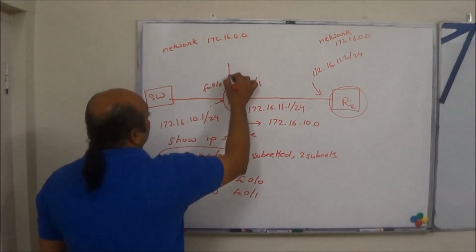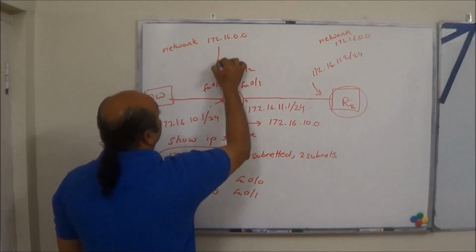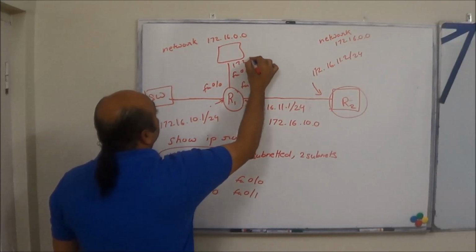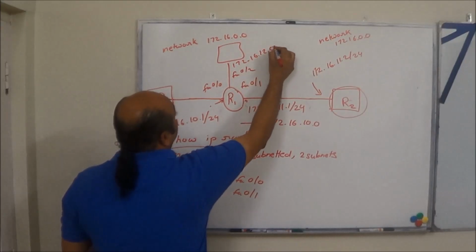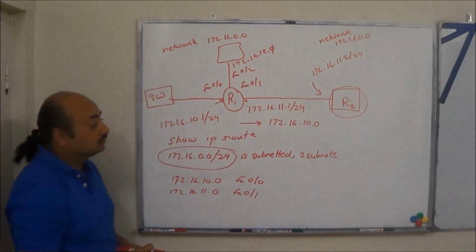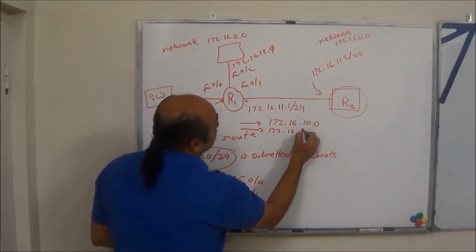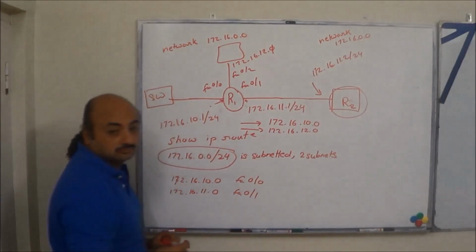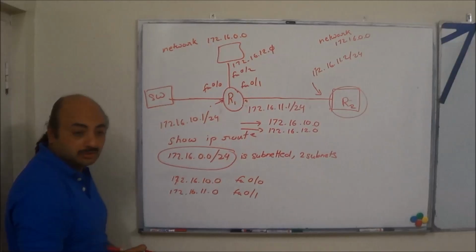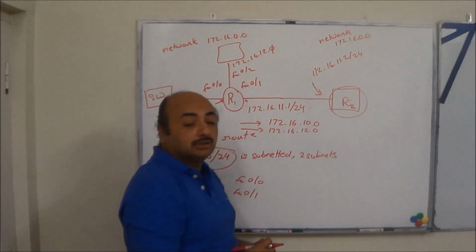Let's say we had one more interface here, FA 0/2, with a switch, and this was 172.16.12.0, 12.1 and 2, whatever. So what would we send here? 172.16.12.0 will also be sent here. Now R2 does not know